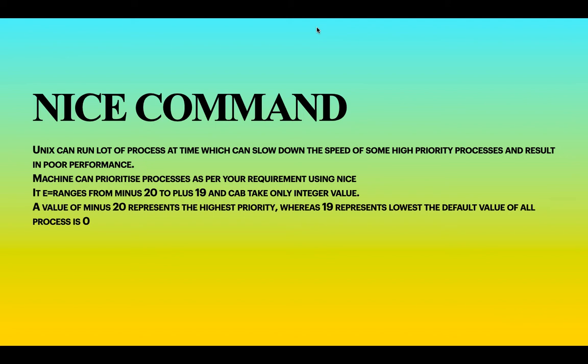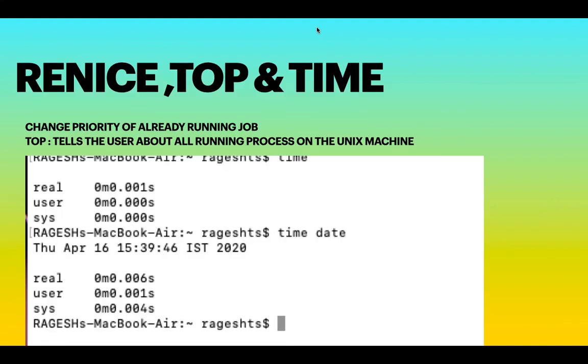So how do you set the priority? For example, you have P1 to P10, and P5 has the highest priority. So process 5 has the highest priority. Here we have a set of integer values. The values range from -20 to +19. So -20 denotes the highest priority, whereas 19 represents the lowest priority. By default, any process that gets inside the queue will have a 0 value. So based on the priority, you can set the execution of the process.